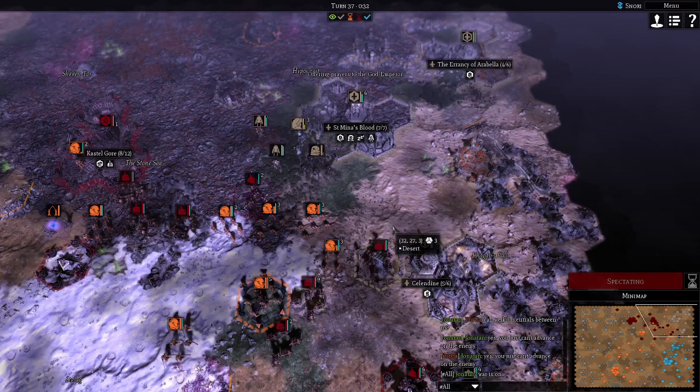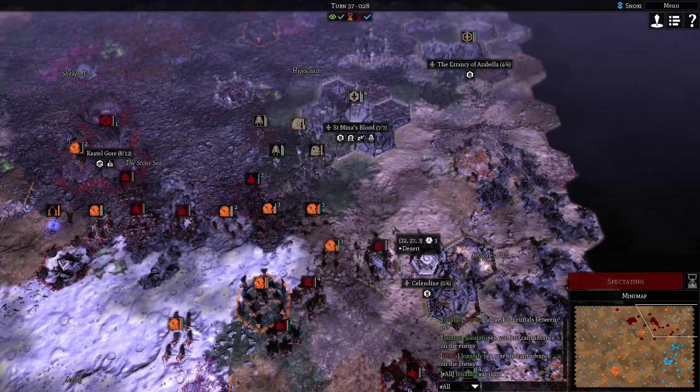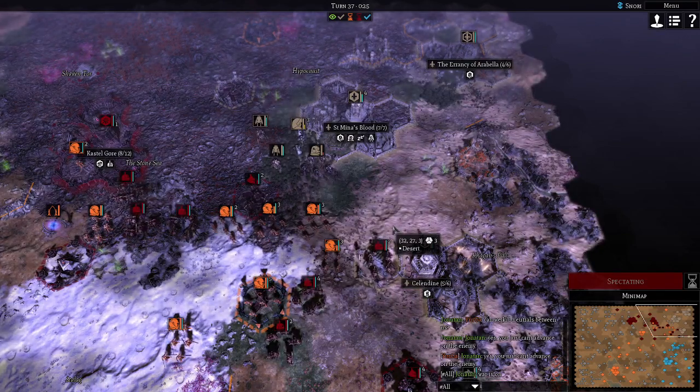But yeah, the fact that the enemy team knew from the start exactly where they were and how they were going to deal with it, while they didn't have any idea until, well,